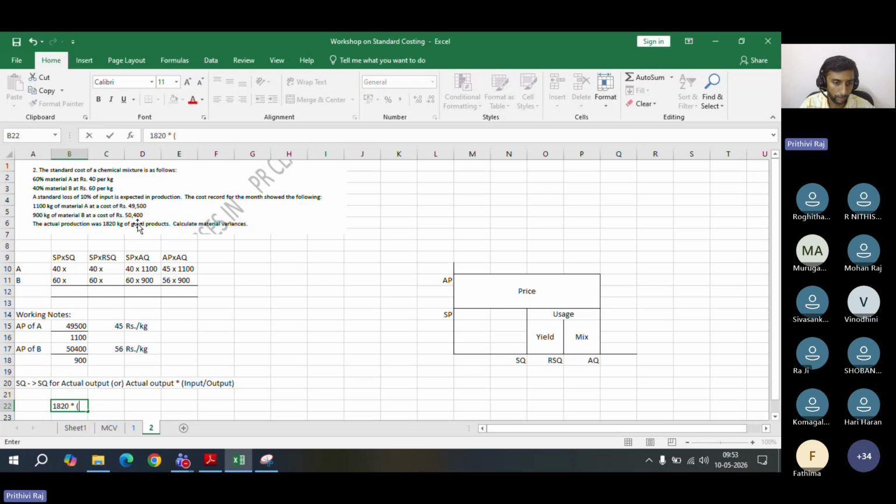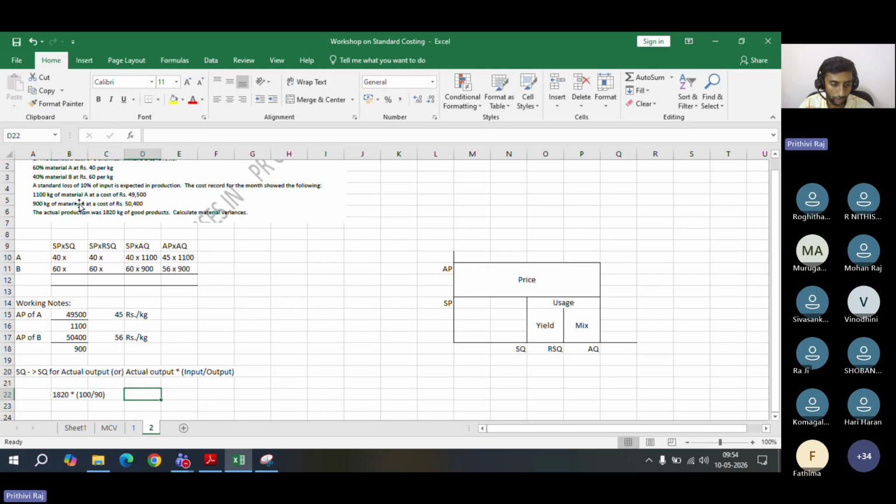When the loss is 10%, the input we take as 100, so the output is 90%. So the input is 100%, loss 10%, so the output is 90%. So the input is 100, we'll take it as 100, so the output is 90. If you solve it, you'll get 1820